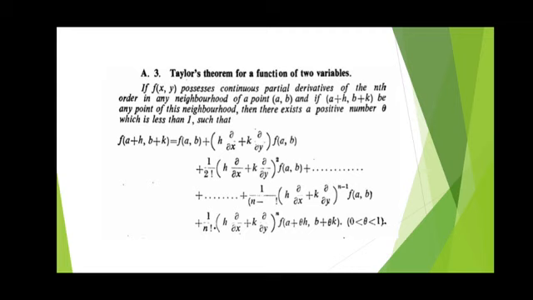So here we take f of a plus theta into x minus a comma b plus theta into y minus b. They are given already in the problem: they give the function f of x comma y, the point in powers of which we write, x minus a or y minus b, anything they give, and also they give n, that is which order we want, either third order or fourth order, anything that is given in the problem. Now we see one problem.